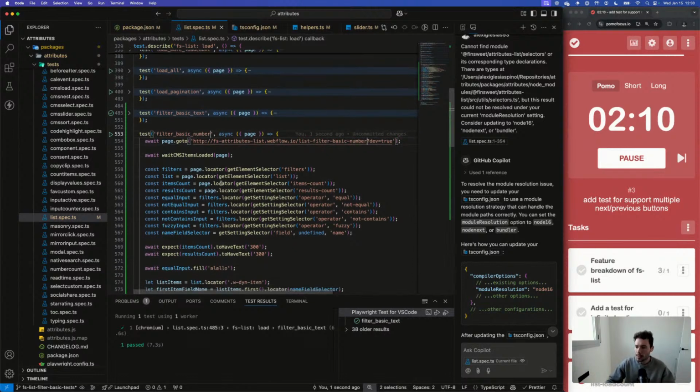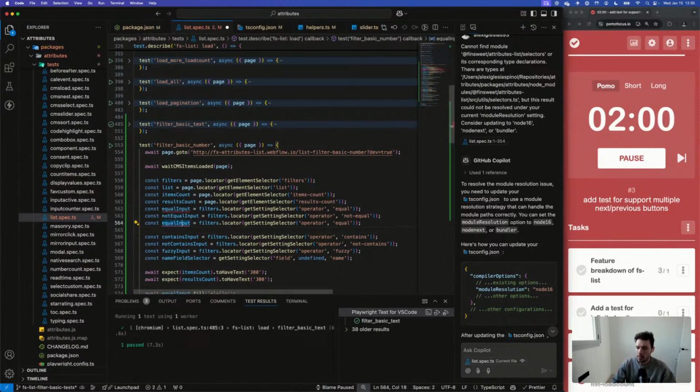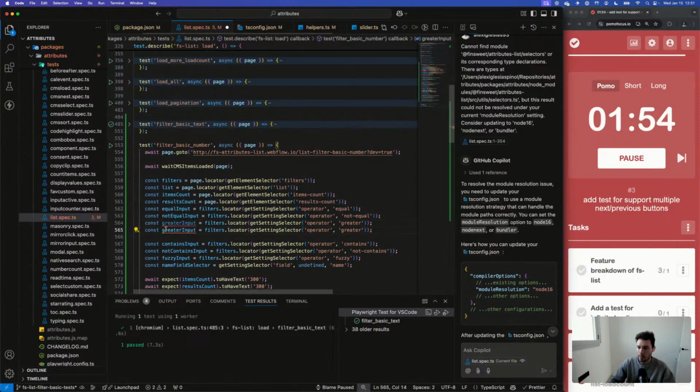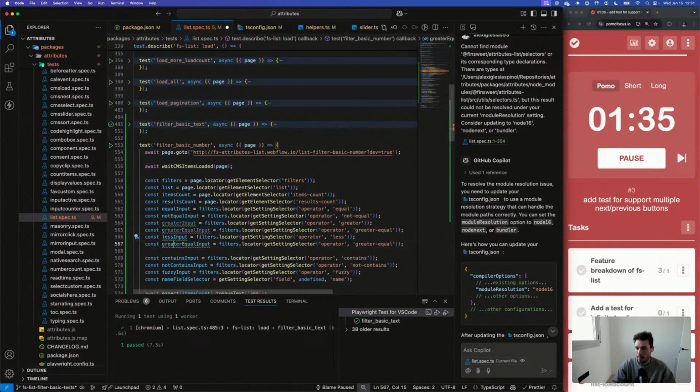So we've got filters, list, items count, results count, equal input, not equal input. All these things are the same, but I need to add more things. This is going to be greater, equal, and then less and less equal.